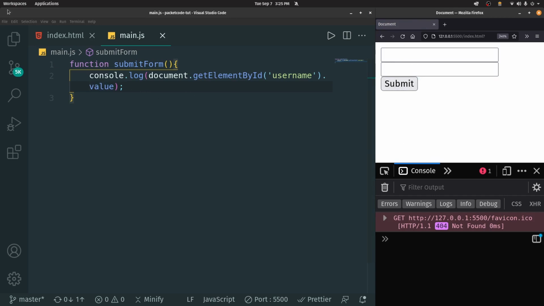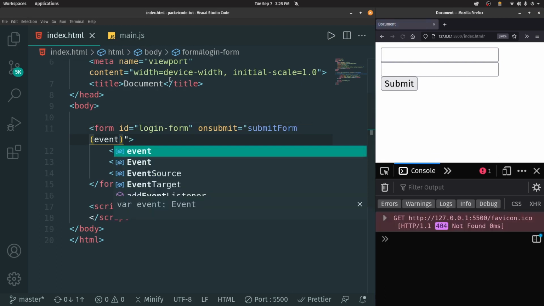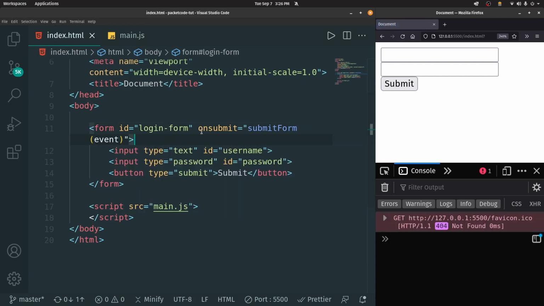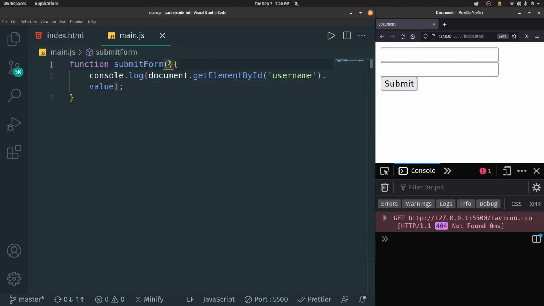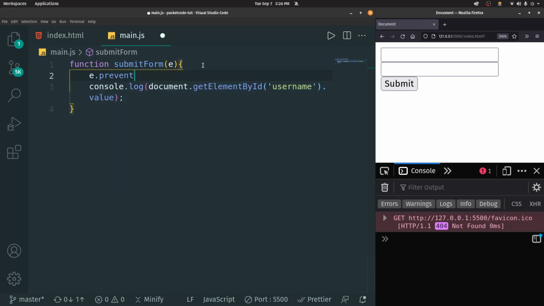So in order to prevent that, what we do is pass in an event variable. This event is actually present inside of every form element. So whenever you call the onSubmit event, the event variable will contain some data regarding this event that is happening. You don't need to define it explicitly, that is there by default. So I'll be passing that event to the submitForm, and in the main.js file, I'll take that event inside of a variable called event here. If you want, you can give it as e for shortcut. Then inside the function, I can type e.preventDefault